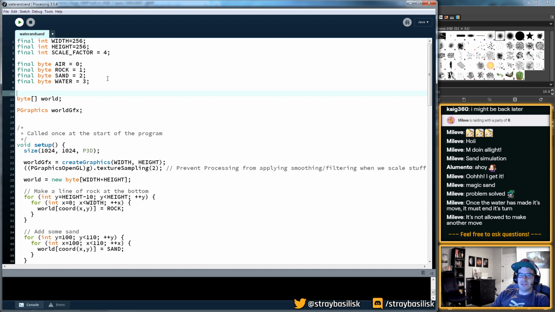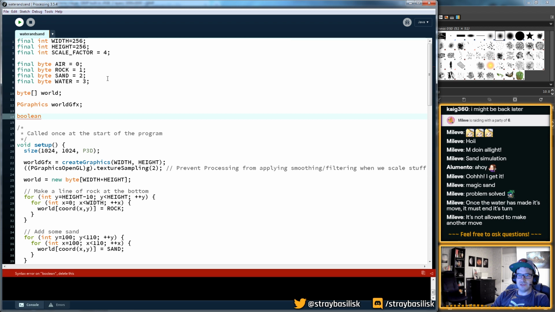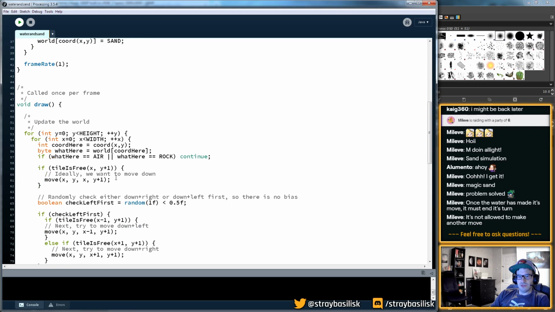So let's make a little toggle here. Let's say 1 means has moved already, something like that. So it's going to start off at false, no, true rather. So when we move stuff,